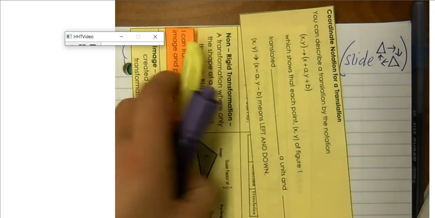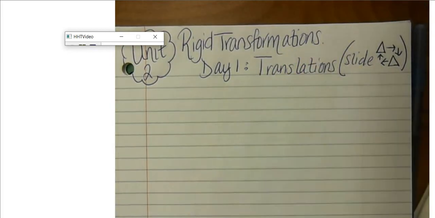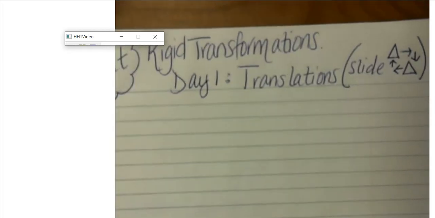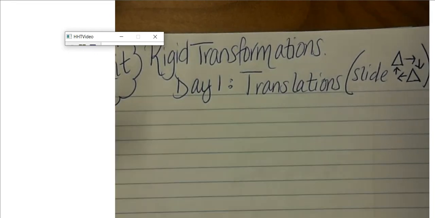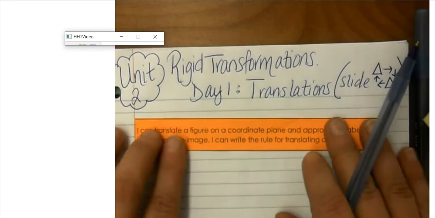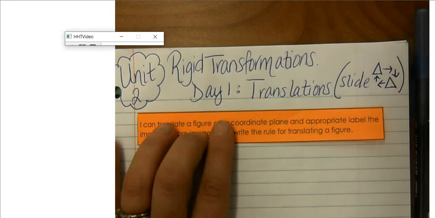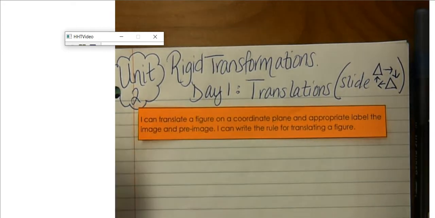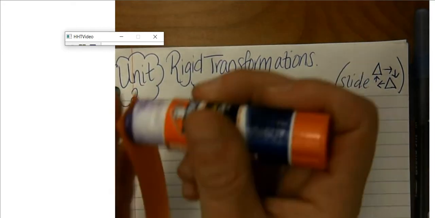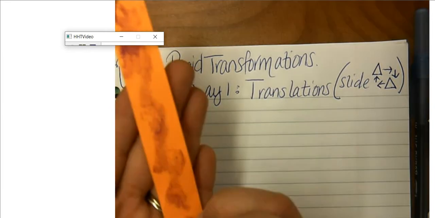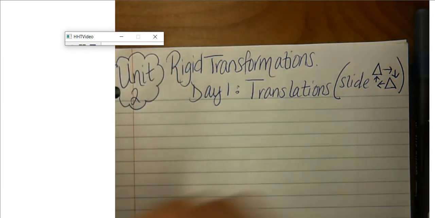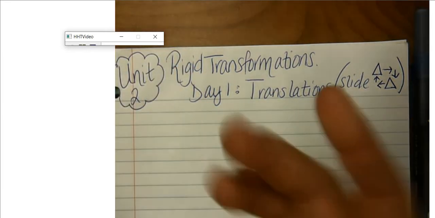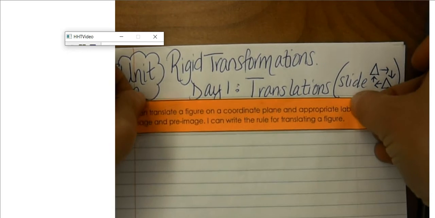All right, let's go ahead and get started with our I can statement. So our learning target for today's lesson is for you to be able to say, and that is our orange I can statement. And we're going to glue that right at the very top of our lesson. So I'm going to glue that right in. And our I can statement is for you to be able to say by the end of this lesson, I